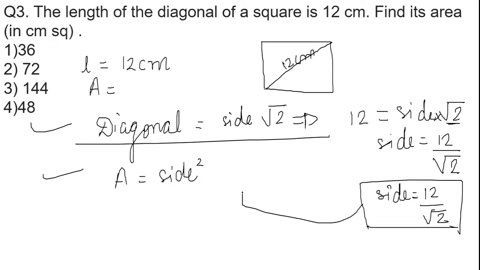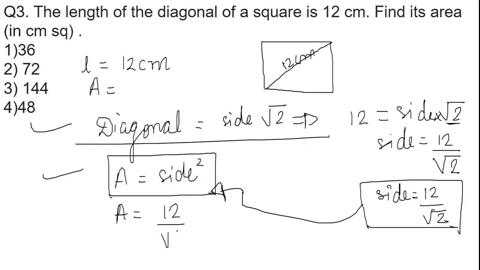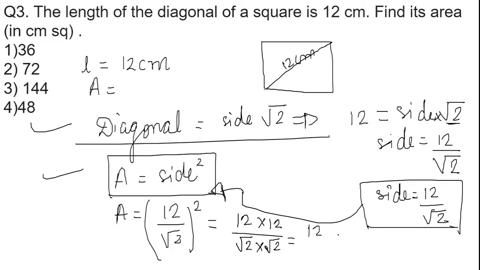Now can I substitute this side for whatever the value that has come in this particular formula? Yes, I can. So area is equal to side square, that is equal to 12 by under root of 2, whole square. So what is the square of 12? 12 into 12. Can I take like this? Yes. What is under root of 2 into under root of 2? Under root of 2 into under root of 2 will give me 2. Yes. So I'll write here. So this will give me